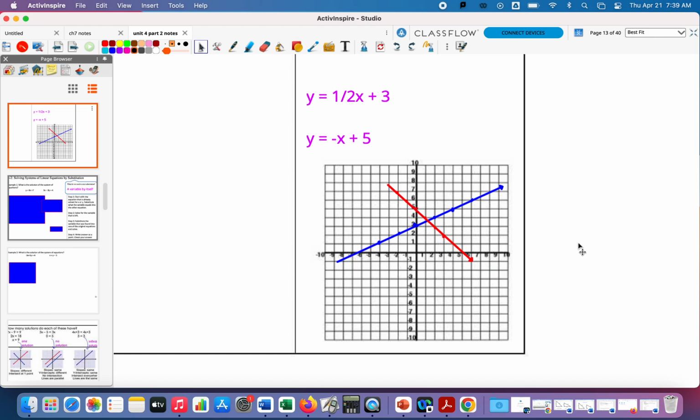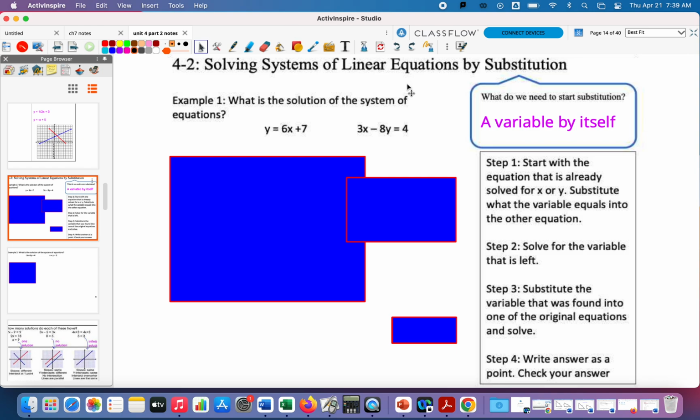But here's the limitation of graphing. Even though it's easy to graph, it's not easy to find where they actually intersect. It's not a precise point. Maybe it's like 1 point something, then 3.5 maybe, or something like that. So I can maybe have a rough idea of the answer, but I don't have the precise answer. So graphing is good when you have y by itself, they're easy to graph, and you can tell that they cross at a nice point. When it doesn't, we need to go to other methods, and the first one we're going to learn about is